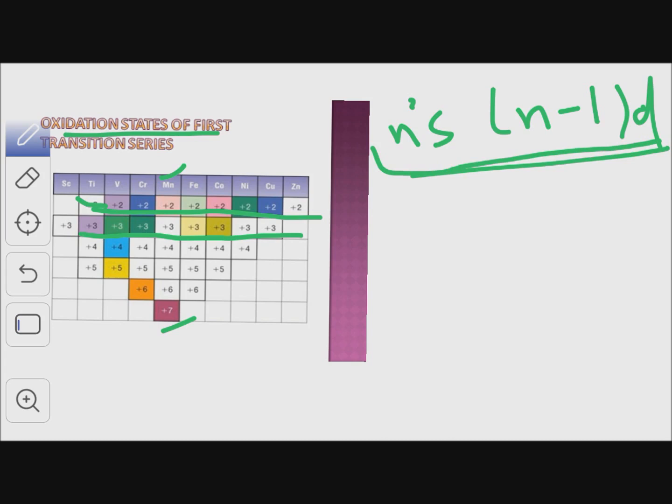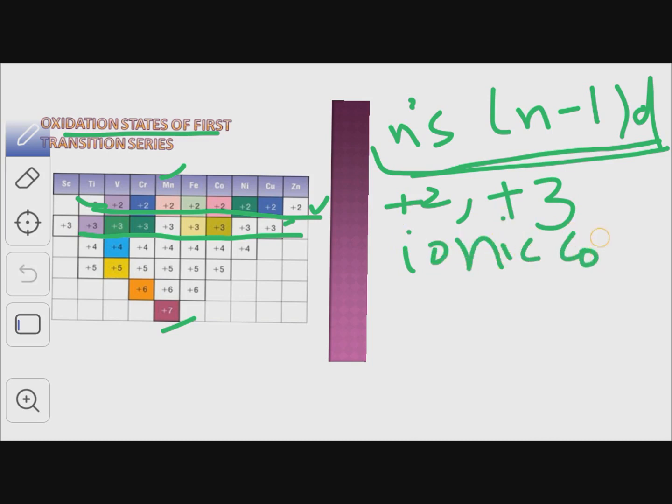And in +2 and +3 oxidation states, means lower oxidation states, these transition metals form ionic compounds. And when the oxidation state increases, their ionic character decreases and covalent character increases. For example, as in case of manganese,